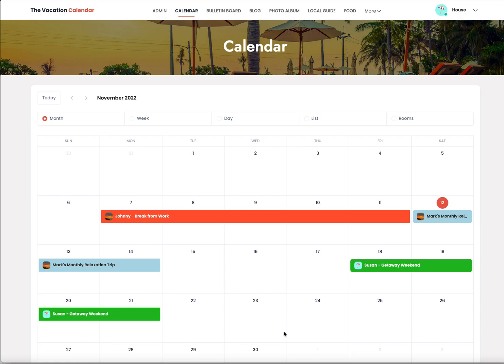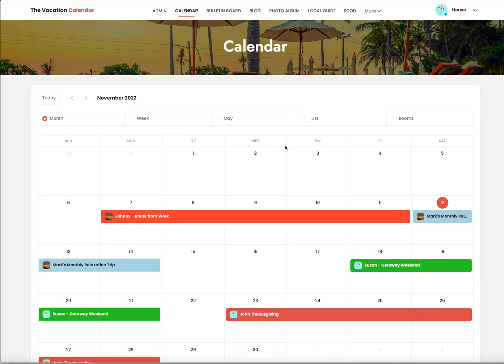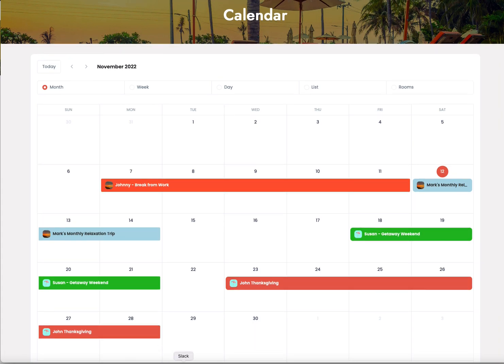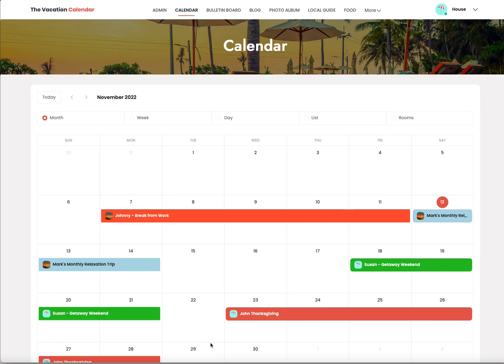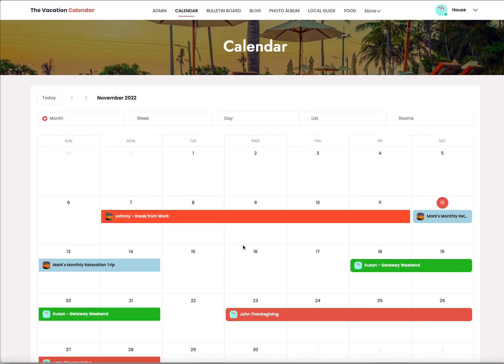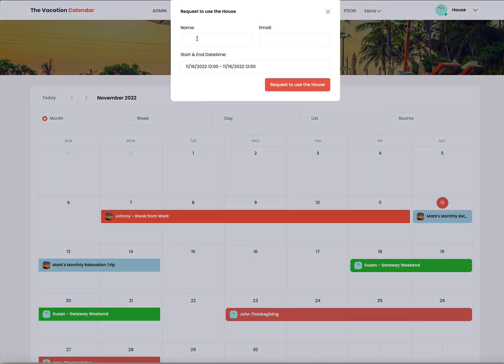So I'm going to be a guest user for a second, and I'm going to go ahead and refresh my screen. And you can see that as a guest who's using the shared password, I too am able to see this vacation. Now the difference between a guest user and a normal user is, as a guest user, if I click on a date, it's not going to allow me to schedule a vacation. But what it does allow me to do is request to use the house if there isn't a vacation already